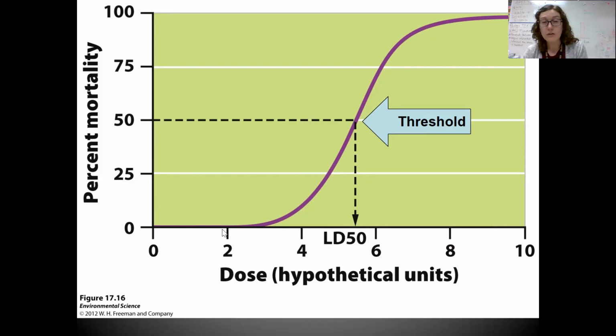Low dosages usually don't kill a whole bunch of people. As we start getting upwards, we might be getting closer to the ED50. That ED50 being, we're seeing some harmful effects in 50% of the population, but no one's really dying yet. I guess we have like 10% of the population dying. And then we get up to the LD50, the lethal dose. 50% of my population is facing mortality. This is going to be my threshold. That is my LD50. And then finally up at the top, too much of anything can be a bad thing. So eventually too much of something is going to cause nearly 100% mortality. All right, so that's lethal dose.